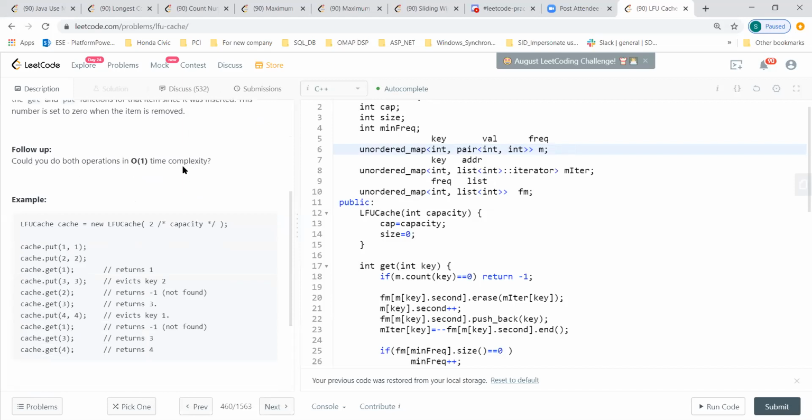Okay, the first one, cached output of 1, 1. In that case, if our map is clean, we don't have anything in the LFU cache. So here the key will be 1 and the value will be 1, the frequency also will be 1. And in my frequency map, I will make an entry for 1, and also put the key in the list.